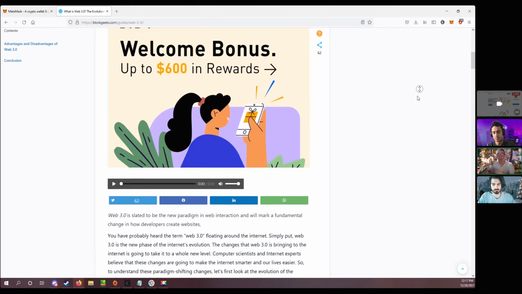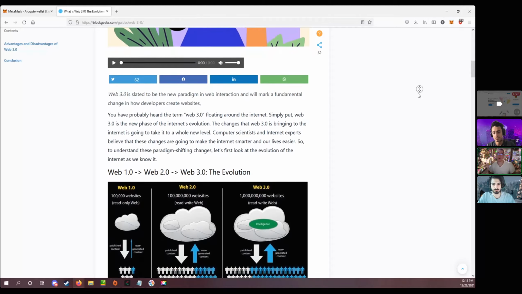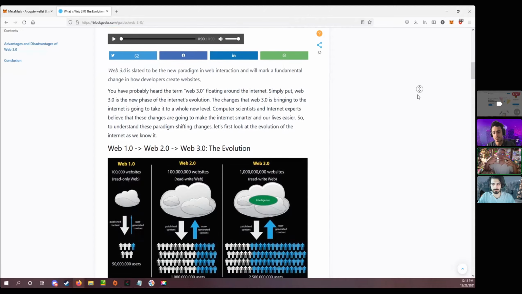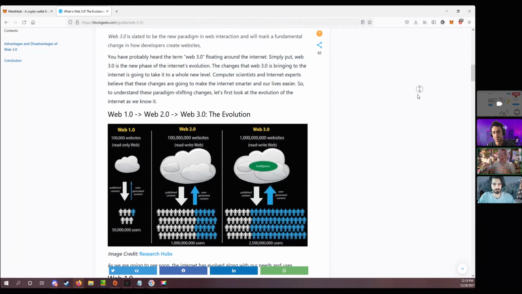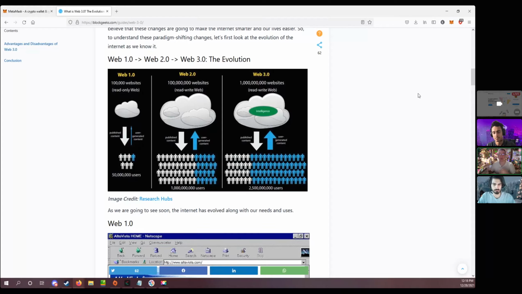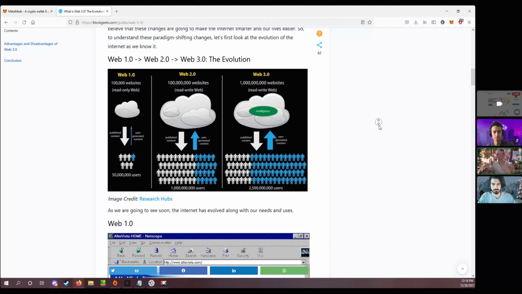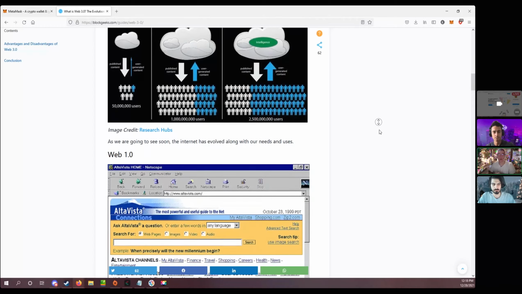So semantic web is pretty much when you say I love Bitcoin, typing it out, or let's send 3 Bitcoin. So the whole point is that 3.0 is supposed to understand the semantics of what you're saying, or like a search, I want to see Jaguar, and then it's going to try understanding whether it's a car brand or the animal. So that is what semantic web means. All right. So it adds a little bit of intelligence into the search, and then it learns as you go ahead and use the web even more.